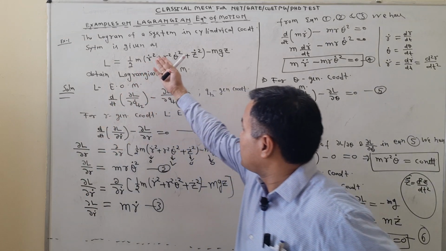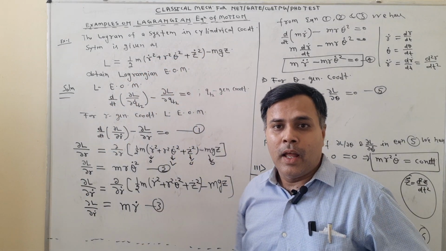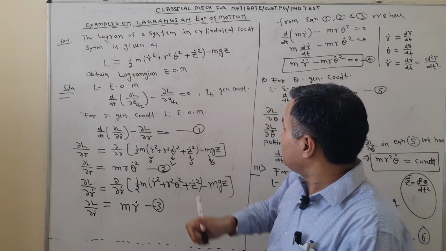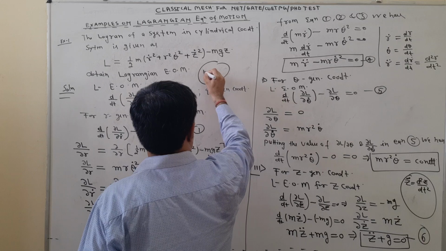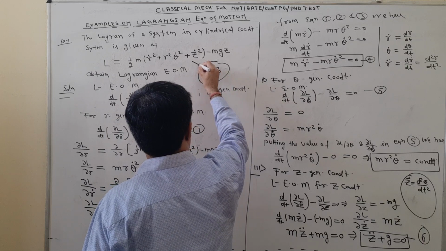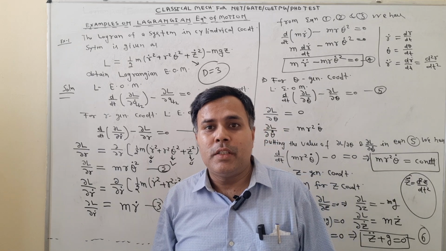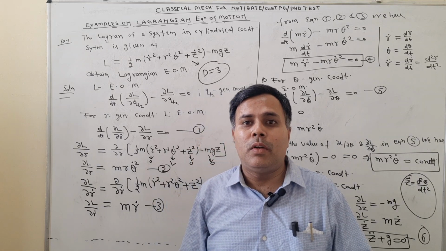In this case there are three generalized coordinates, r, theta and z, so the degree of freedom of this Lagrangian is 3, and the number of degrees of freedom is equal to the number of generalized coordinates, which is equal to the number of